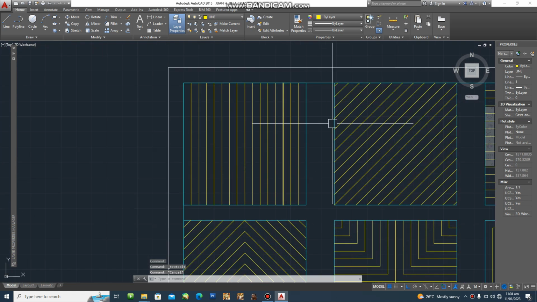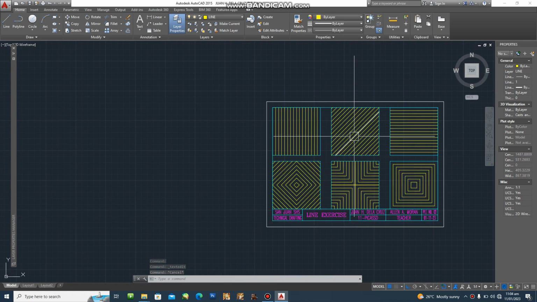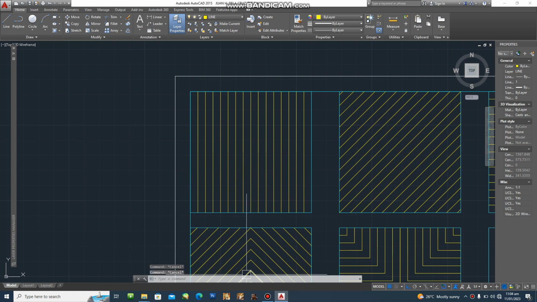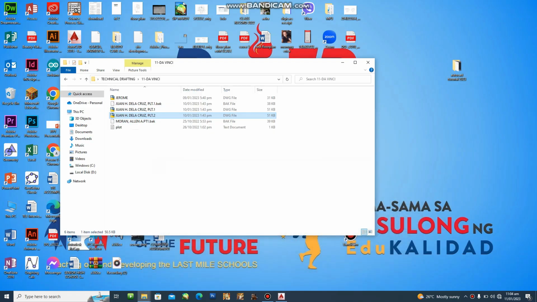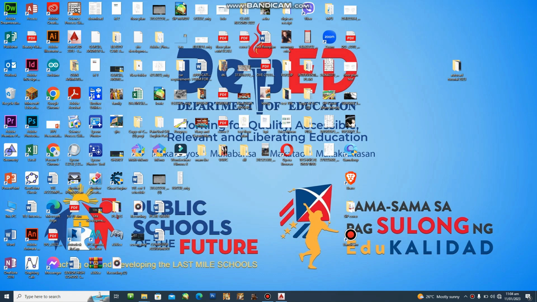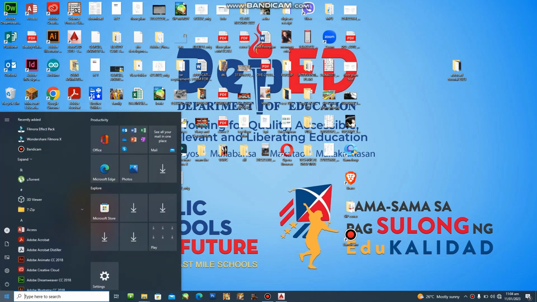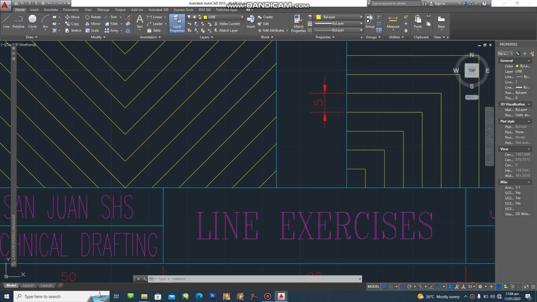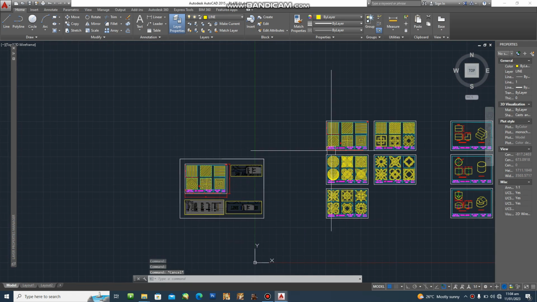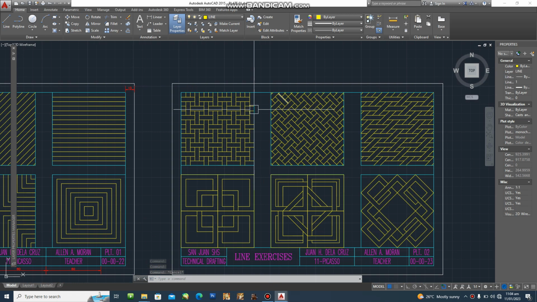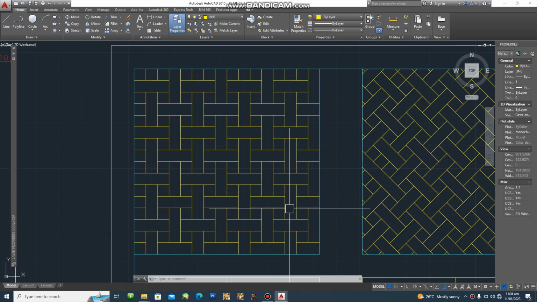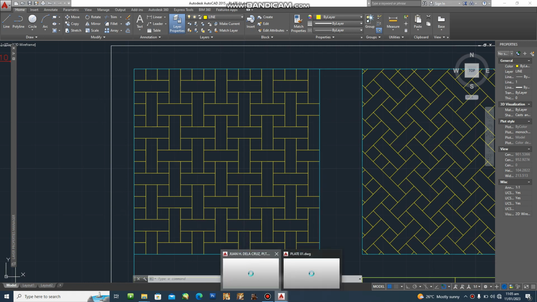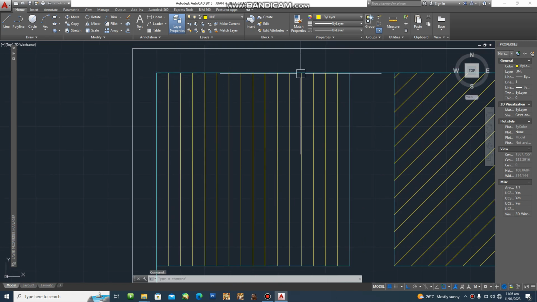The next one, there's no need for you to erase this one since we'll be using this one. Okay, so let us check on what is plate number 1. Our plate number 1 would look like this. So as you can see here, this will be our plate number 1. Plate number 1 looks like what we call basket weaves. Right? So in your plate here, what you need is a